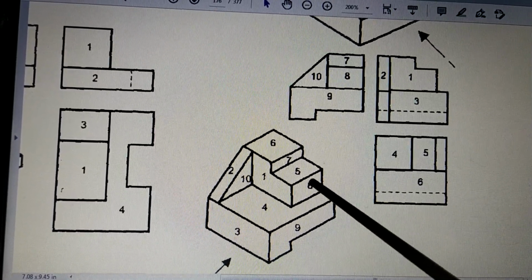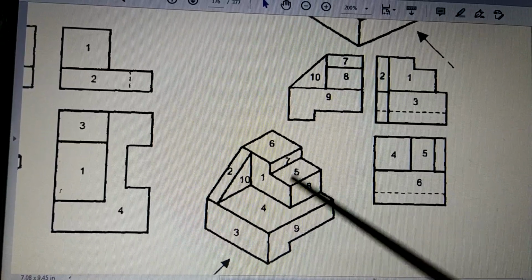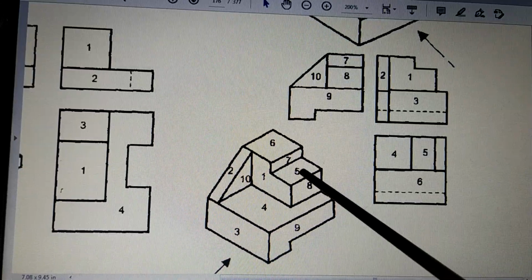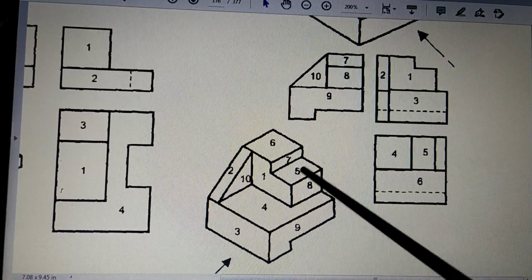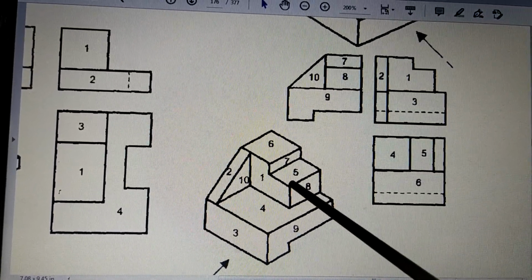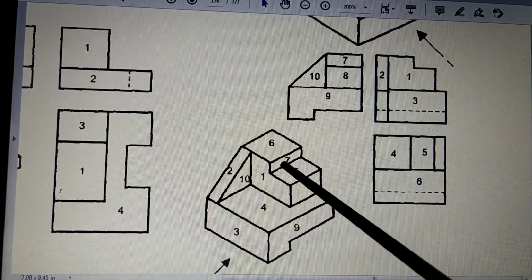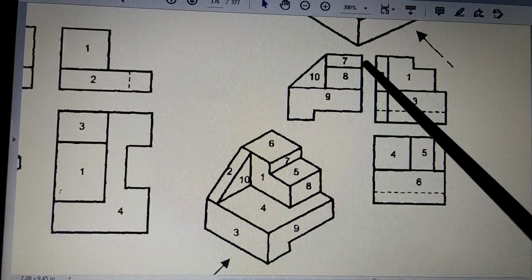After that, above there is surface 8. So this surface 8 you will draw like this. Above surface 8, you will draw 5? No, you will not draw 5 because 5 is parallel, it is not seen. 5 is seen only as a line. So this line is 5. Then 7. Now 7 is seen. So this is 7 that is drawn.